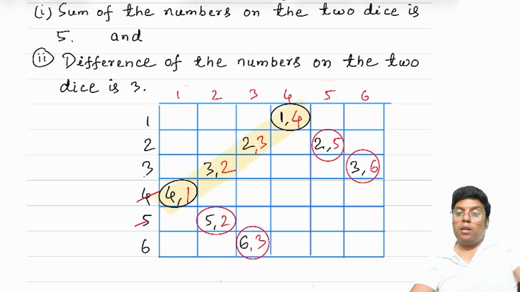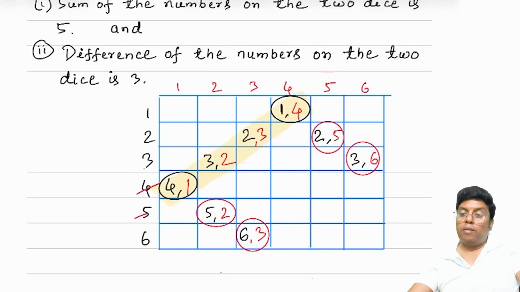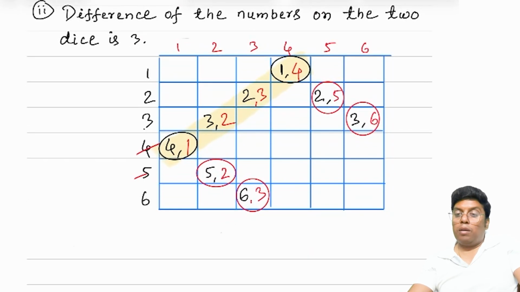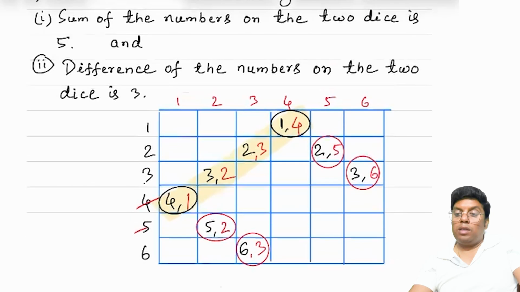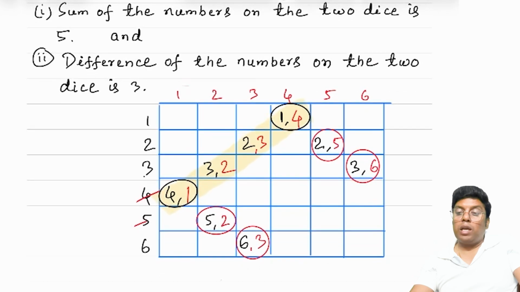So in question 1, sum of the numbers on the two dice is 5. The portions shaded in yellow are the favorable outcomes, where the sum of the numbers on the two dice is